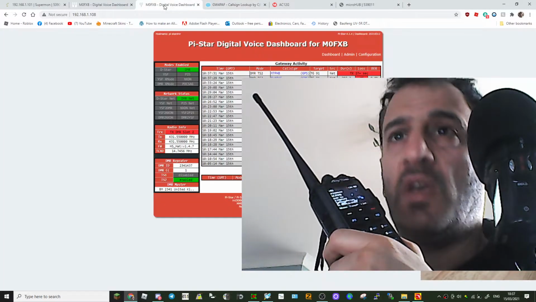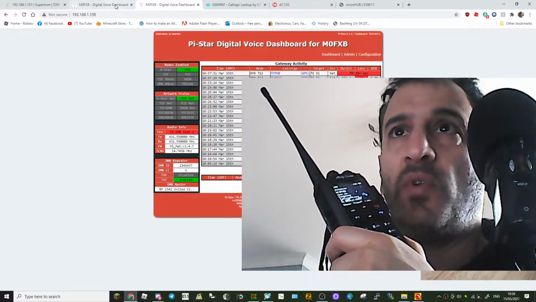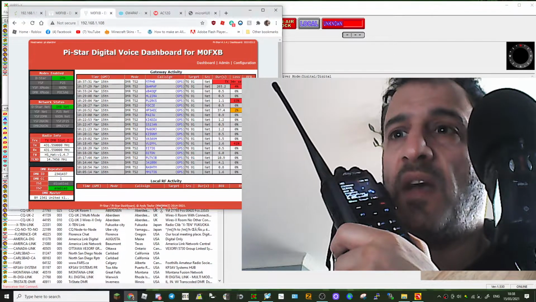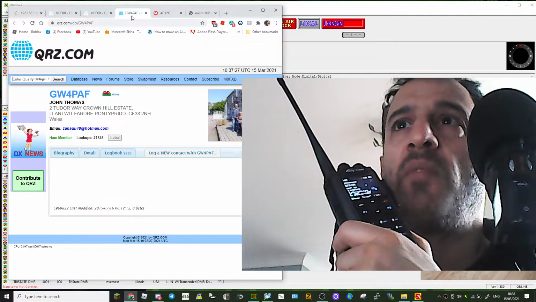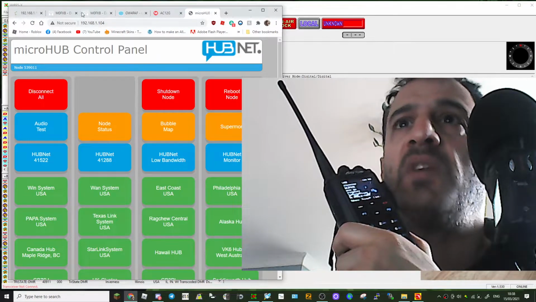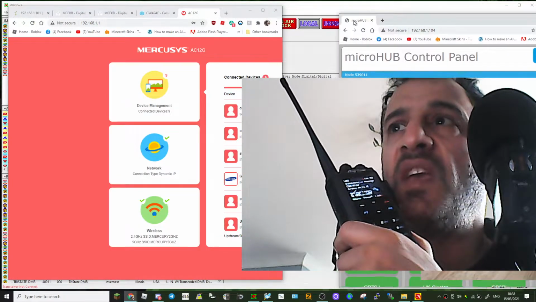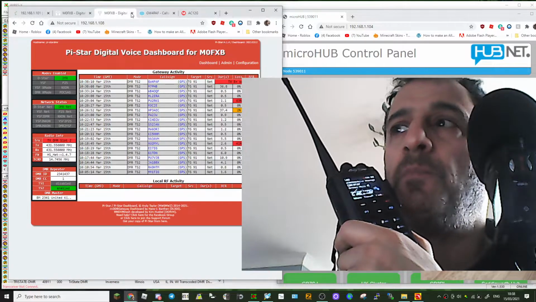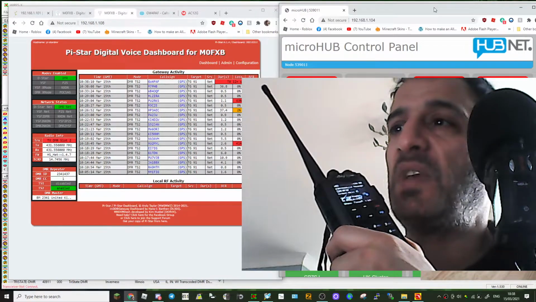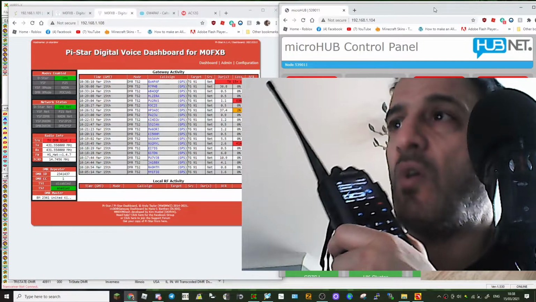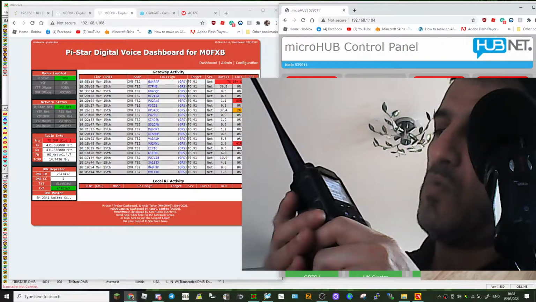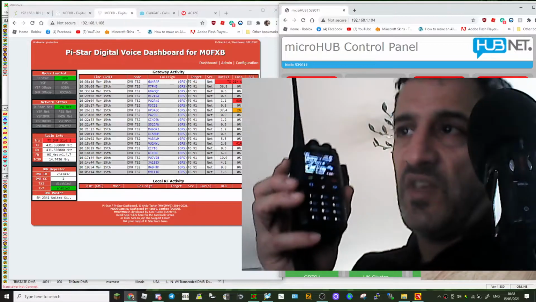Right. So now we want to get onto HubNet. So what we'll do is we'll minimize it like that. We'll get my All-Star control panel by G7RPG. Now this is unique to his All-Star node. And again, if you want one, you need to email him, g7rpg@hotmail.com. So right, I know I'm connected to the HubNet because I've already selected that. So what we're going to do, we're going to just see,